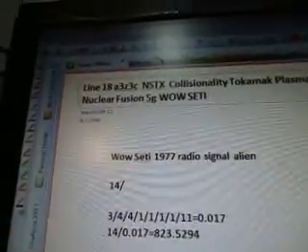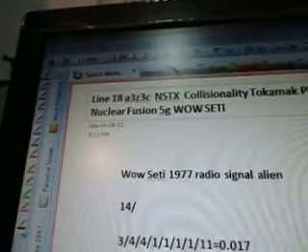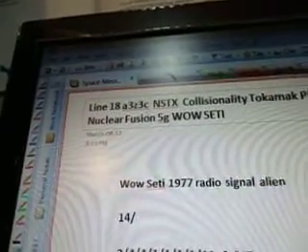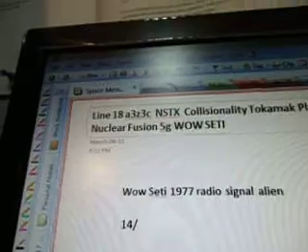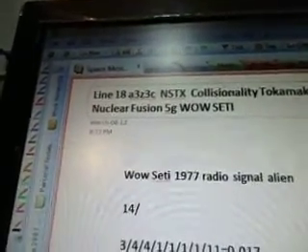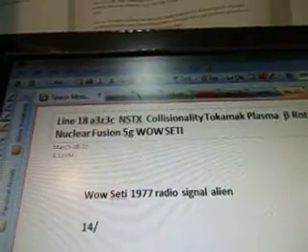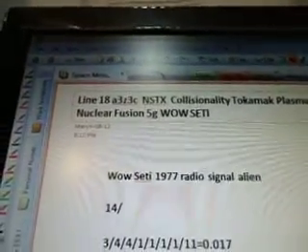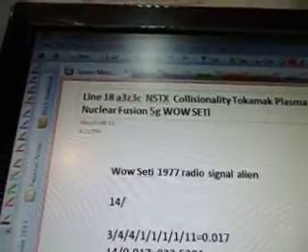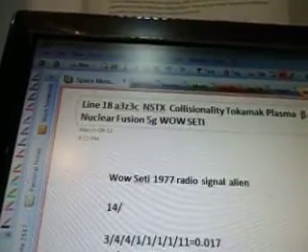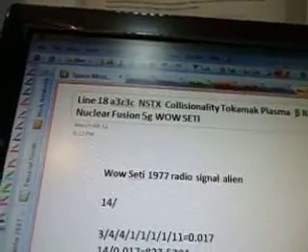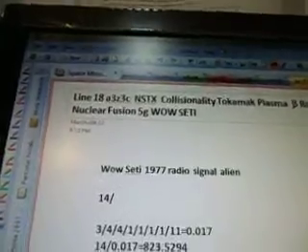Part 164, again we're continuing this line here of line 18A 3Z3C. It starts with line 18 3Z3A and it goes all the way up to 3D. So we have NSTX, Collisionality, Tokamak, Plasma B, Rotation, Nuclear Fusion, 5G, Wow Seti. If you're looking into the UFO engine and you're interested in finding out all the components that go with the